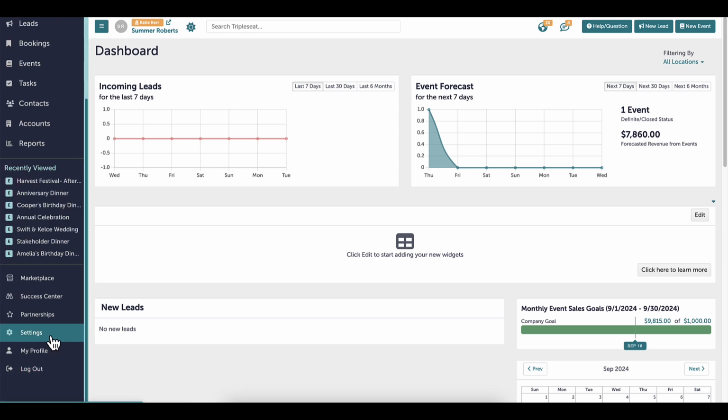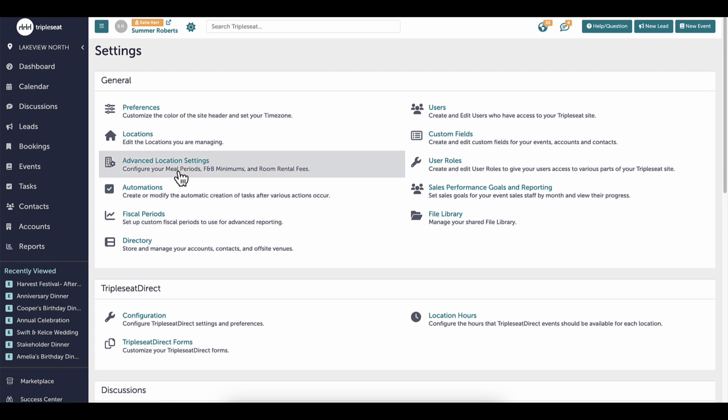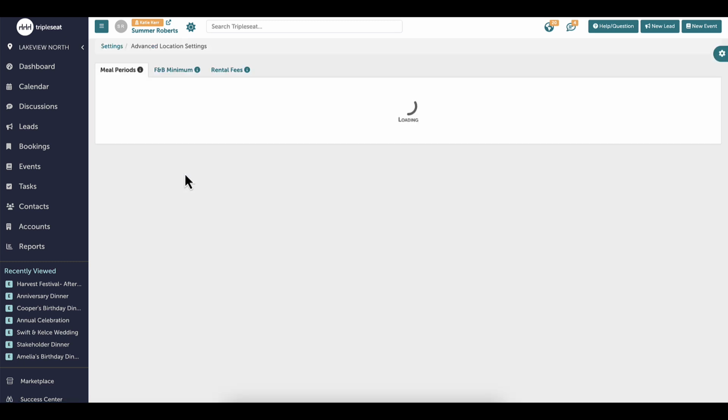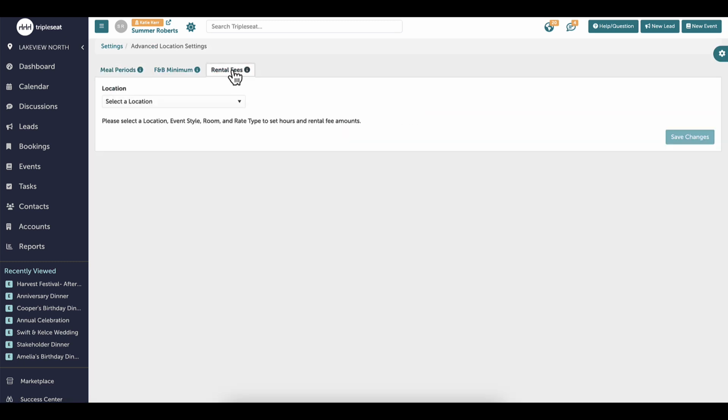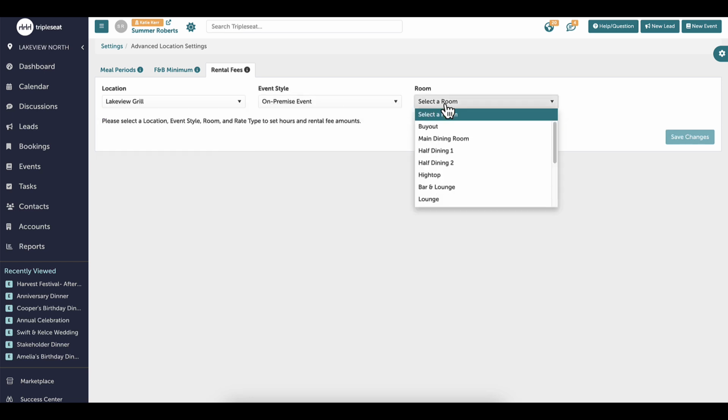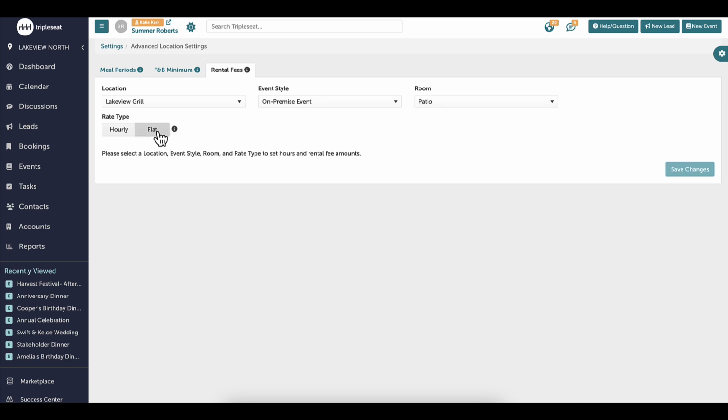Heading into my settings page, I will click on Advanced Location Settings and then go to the Rental Fee tab. I will set up the room rental for my patio area when renting it out for on-premise events at Lakeview Grill. I will select the location from the drop-down, choose an event style, and then a room. Once I have selected my rate type, a grid will appear